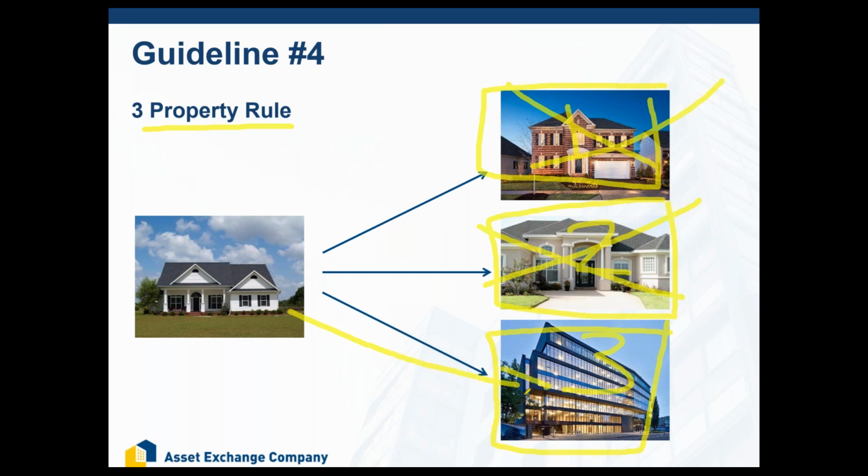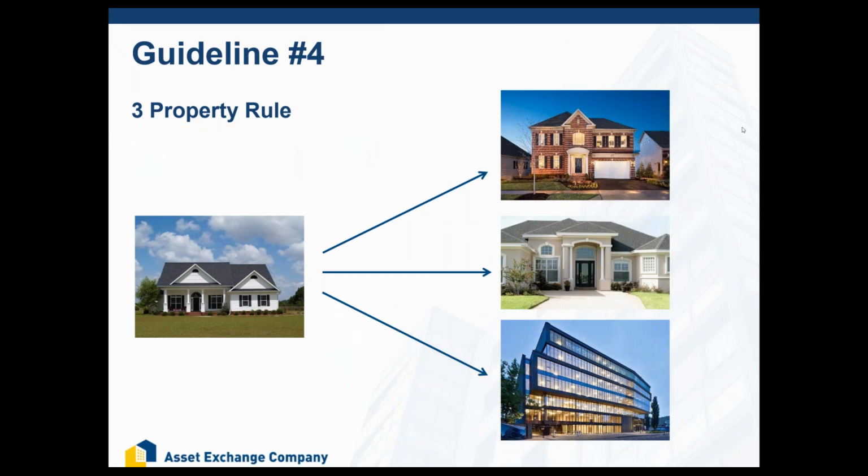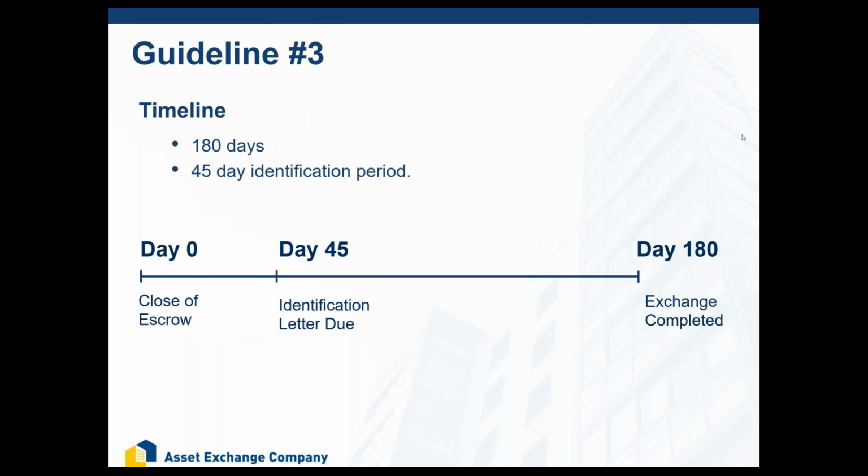You've got 1 property left on your list, and if you cannot purchase and close on that final property, ladies and gentlemen, you do not have an exchange. And when you don't complete your exchange, you pay taxes. Here is my advice. Do not wait until day 45 to start making offers. When you do your 1031 exchange, you are going to sell a property and you're going to be in escrow usually for 30 days. While you're in escrow back here, before your exchange has even started, you can start making offers.